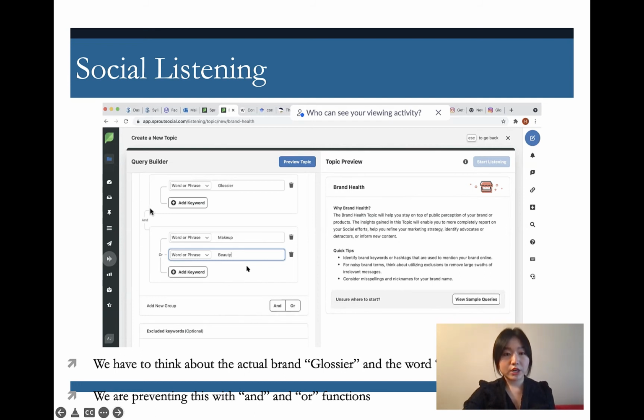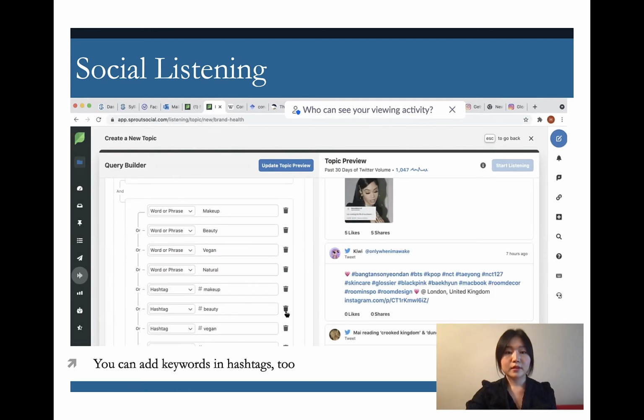So under here, using AND with the set of anchor keywords and the smaller keywords, among the smaller keywords, you can use the OR function. So it's either makeup or beauty, or it could be clean beauty, it could be vegan, it could be vegan beauty, it could be stylish. So any of these smaller keywords with the anchor keywords would make sense in my data. Okay, so I also added makeup, beauty.